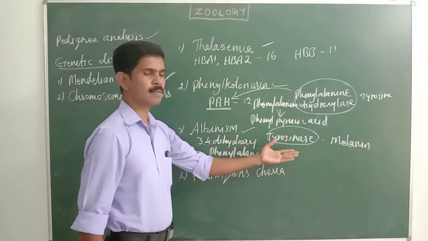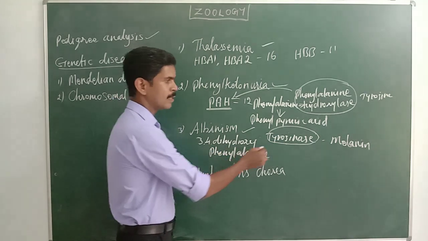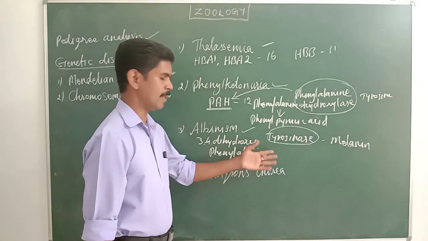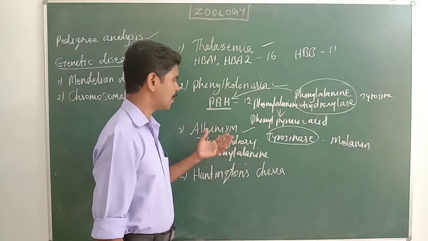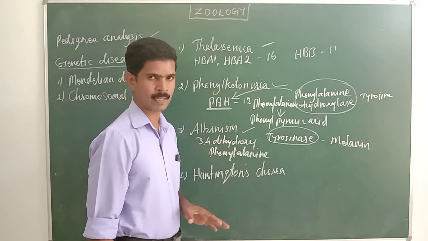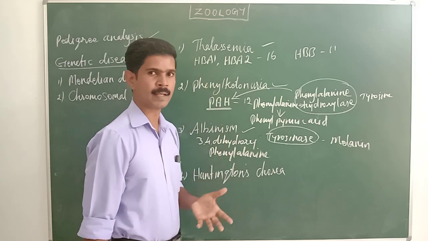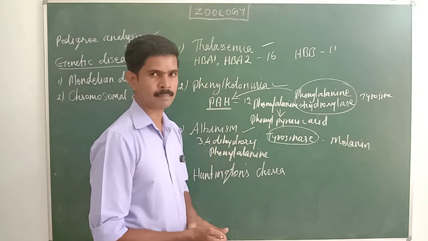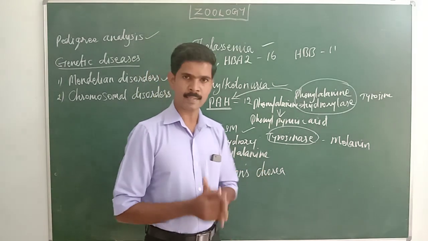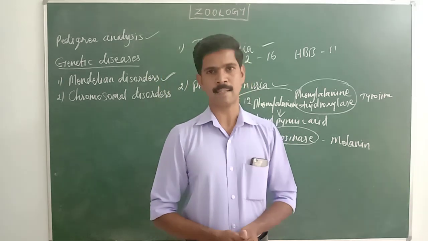If there is no tyrosinase enzyme, this 3,4-dihydroxyphenylalanine is not converted into melanin. So the skin color of these people, the skin color of the albino is fairy milky white color. Okay, the eye color, then the color of the hair, everything is white color. Understand of you? So here albinism is a disease. The reason for the disease is autosomal recessive gene disease.